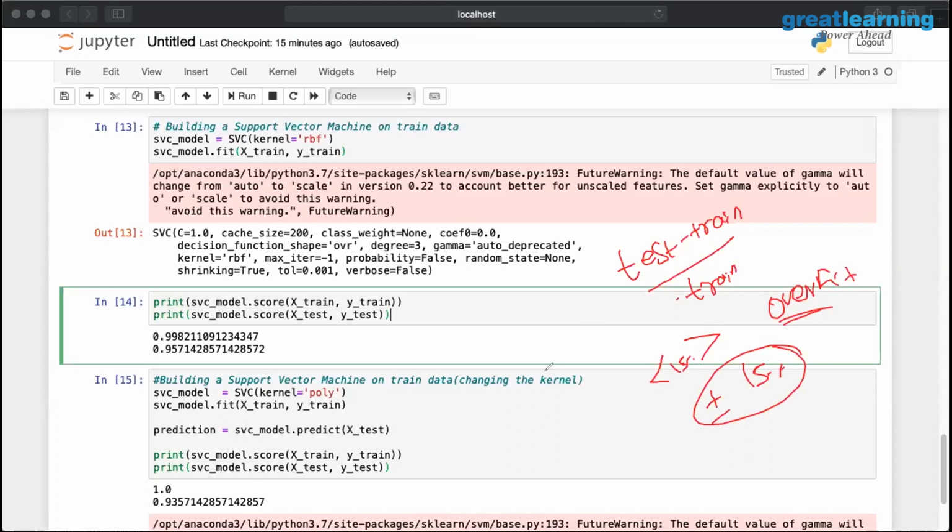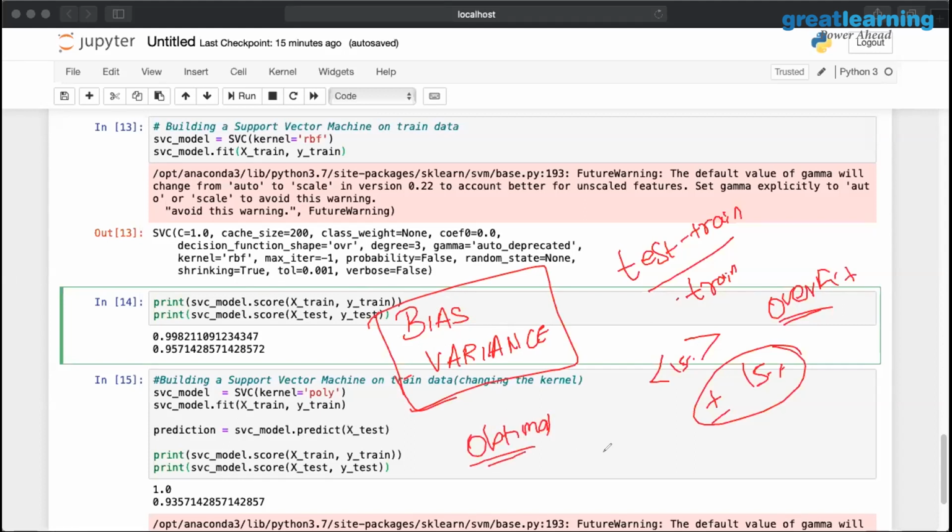There is also another parameter we use to determine the optimal hyperparameters, called the bias variance trade-off. You will learn about the bias variance trade-off shortly. It is something we use to determine the optimal parameters for a model along with the grid search. And using these optimal parameters, we do this overfit or underfit comparison. If it exceeds or falls below the threshold, then we say the model is an overfit or an underfit.